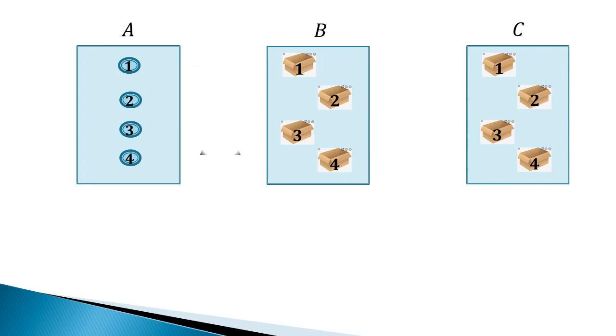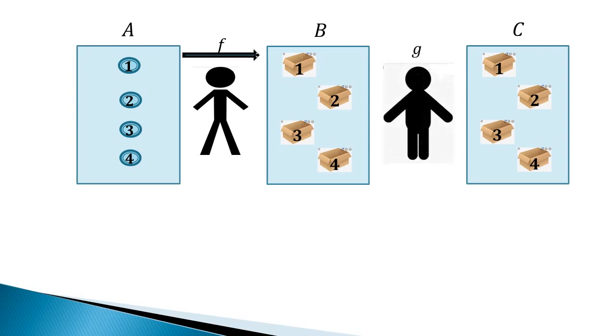Let there be a person standing between the two tables A and B, whose name is suppose F, who transfers the balls from the table A into the boxes on the table B. And let there be one more person standing between the two tables B and C, who in turn transfers the balls from the boxes of B into the boxes of C,